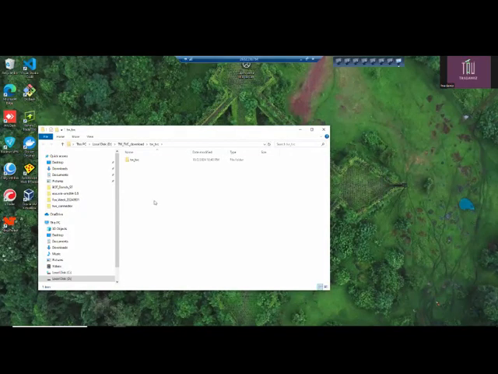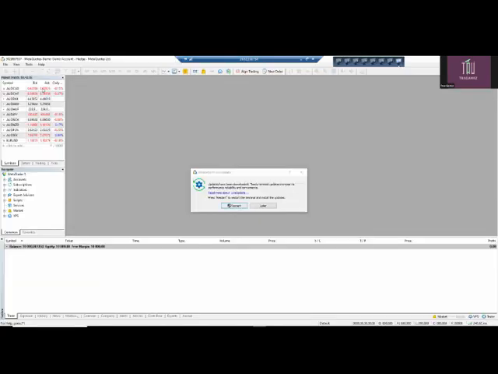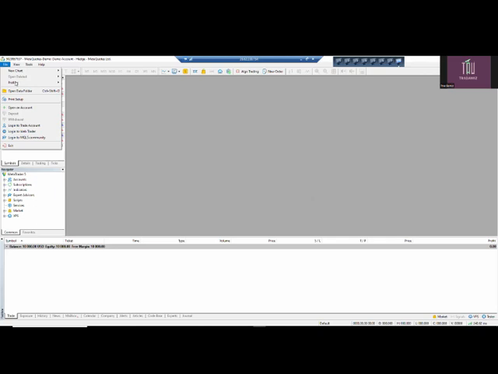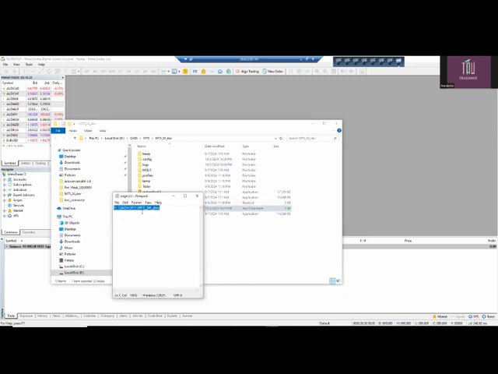Once we have extracted that, we have to open our MetaTrader 4 or MetaTrader 5. And from here, you would click Open Data Folder. When you click Open Data Folder, you will see this origin.txt. You have to double click that and copy the data from here.